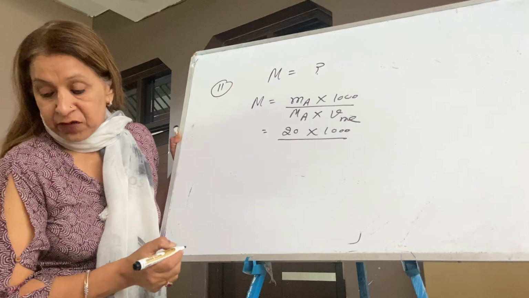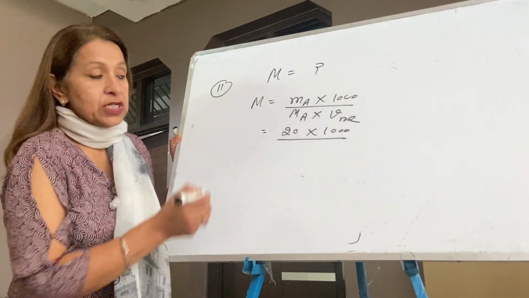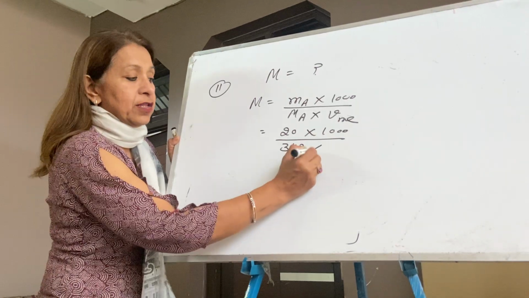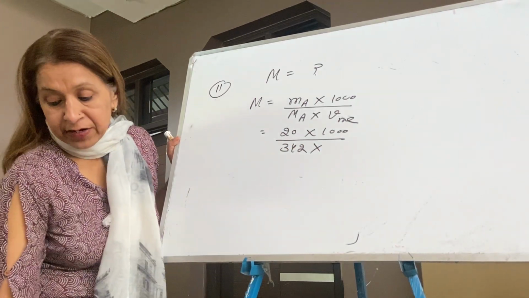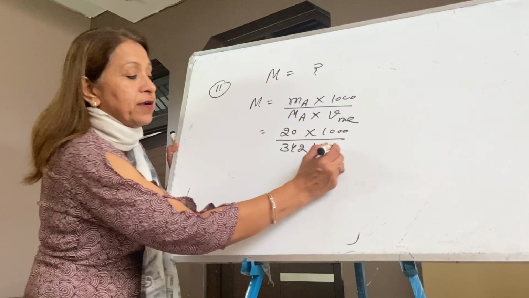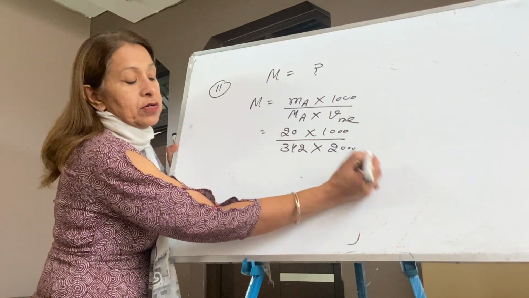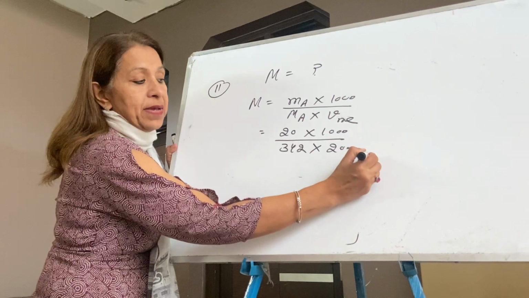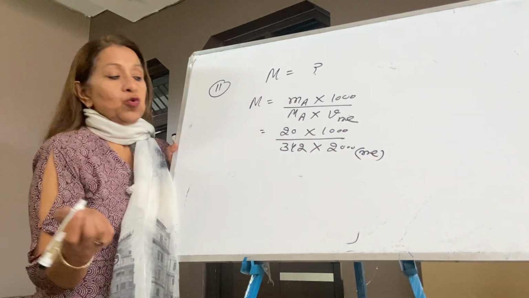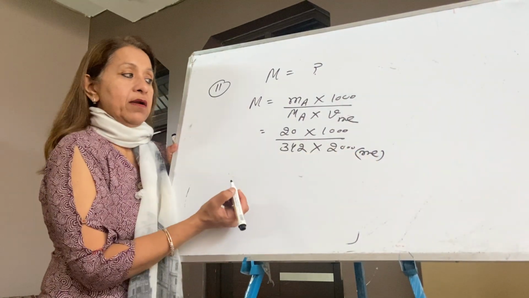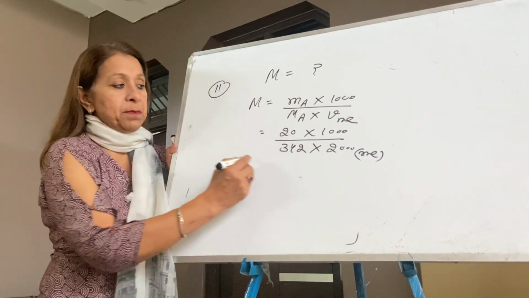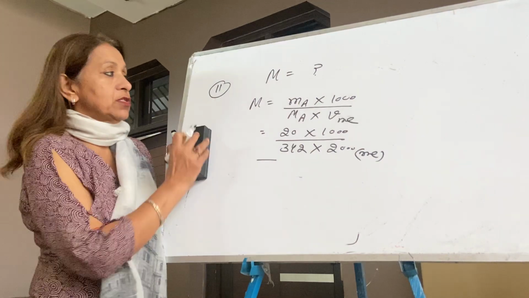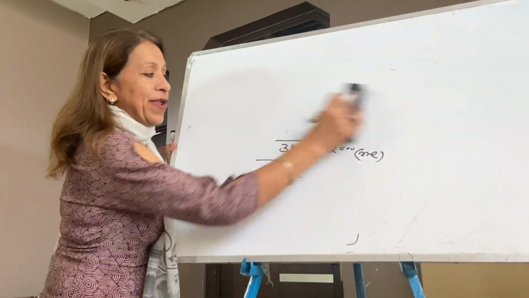And what is the name of the solute? It is sugar, C12H22O11. Its weight is 342. You calculate. The volume should be in milliliter. The volume is 2 liter, so make it milliliter: 2000 ml. Or you can directly write 2 liter, with no need to write the 1000 here. Is it okay? This is a very simple, direct numerical. These are all numericals of molarity.